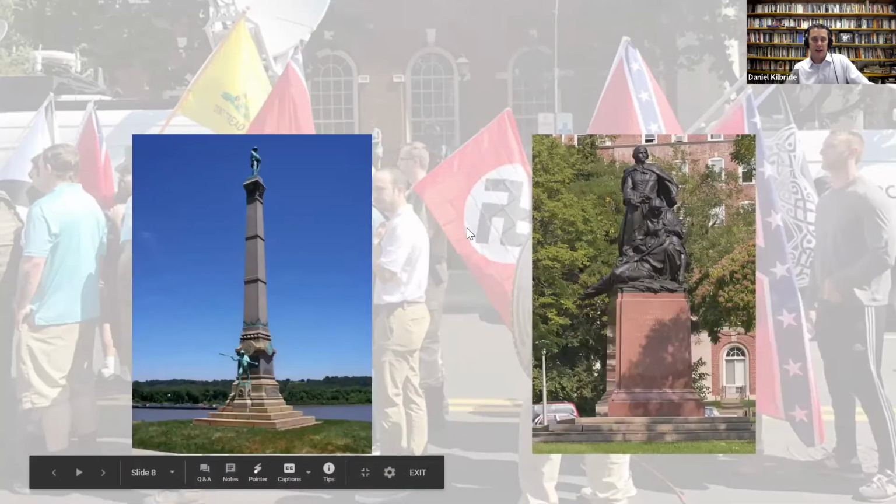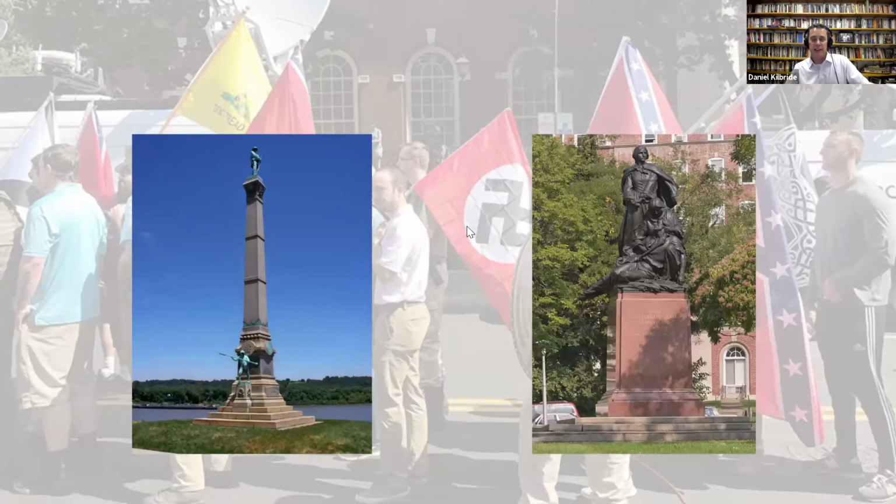As I said, there are Confederate memorials outside of the Confederate states. This one on the left-hand side here is in Louisville, Kentucky. Some people might not know that Kentucky, even though it was a slave state, remained loyal to the United States during the Civil War and supplied tens of thousands of troops to the United States armies. The statue on the right, honoring Confederate women, is in Baltimore, Maryland, and it's still there. So again, Maryland, a slave state, also remained loyal to the United States during the Civil War.